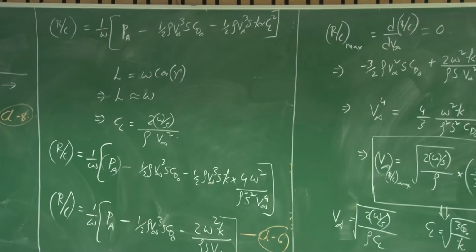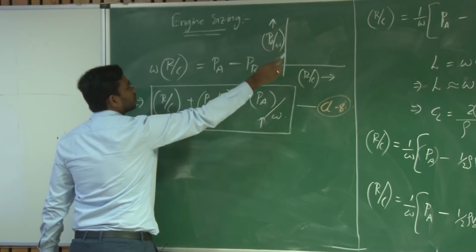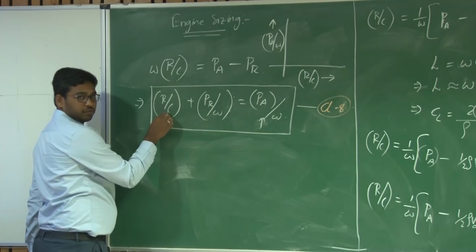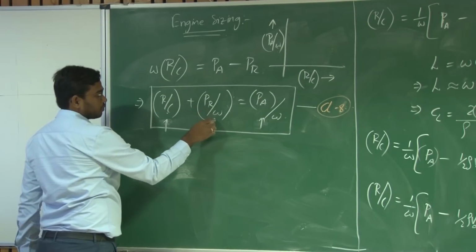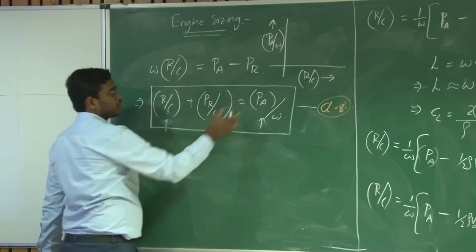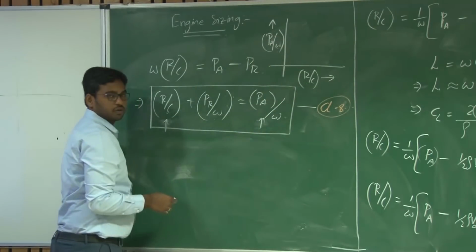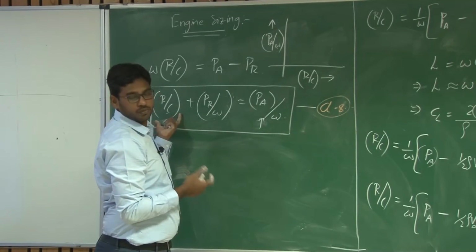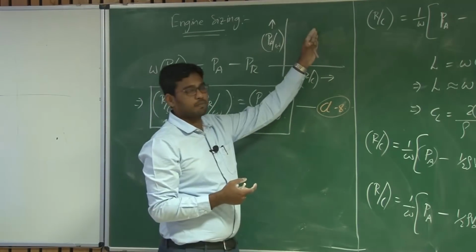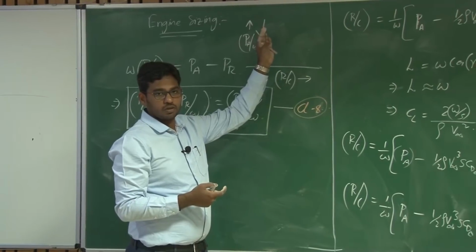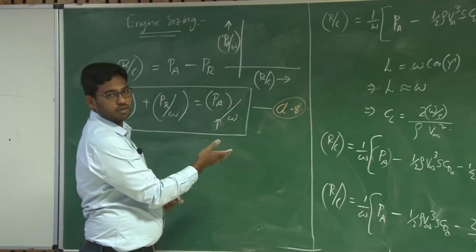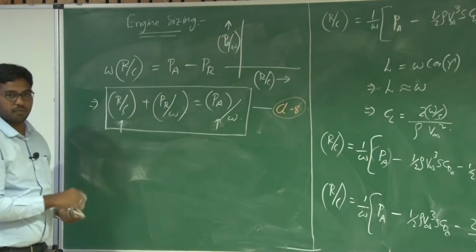And say if you want to plot the variation of power available, the power loading, with rate of climb, what you need to do is plug in the values of rate of climb and find out what is the power required by W, correspondingly plot the values and figure out. So for the specific rate of climb, what is the corresponding power available from the system, right? With that number, you can select your power plant. You can consider that number while selecting your power plant, right?